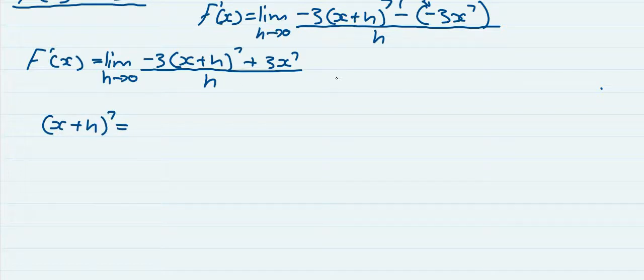Binomial theorem. From high school we have an idea of the binomial theorem: (x plus h) to the exponent n equals